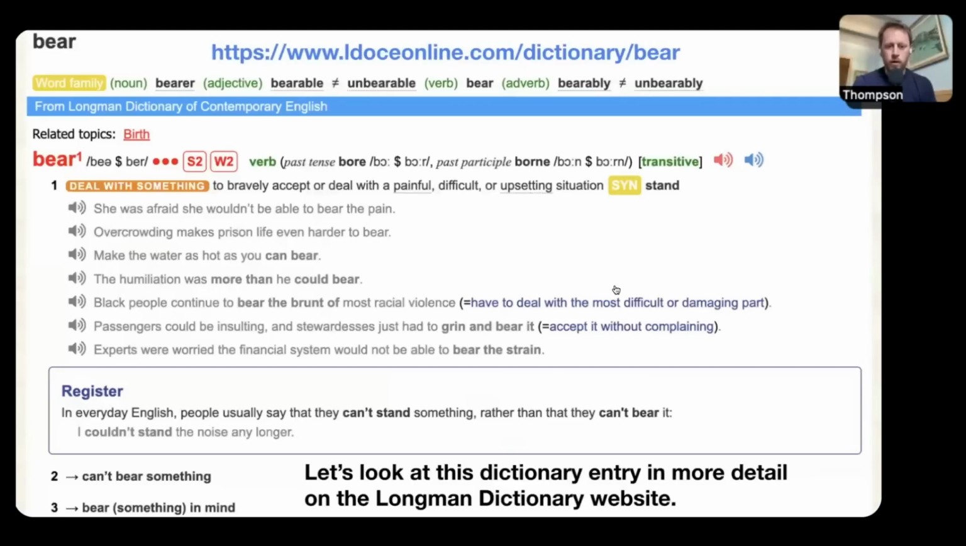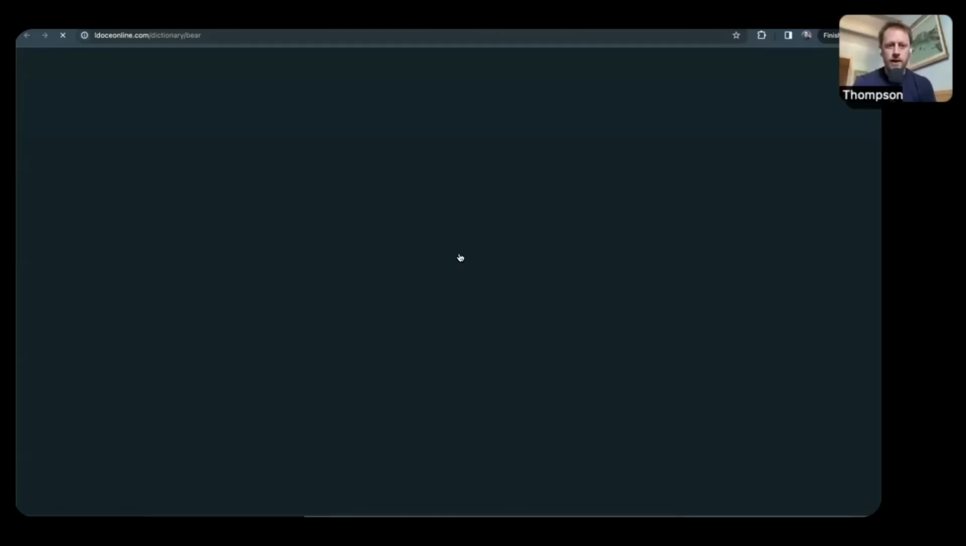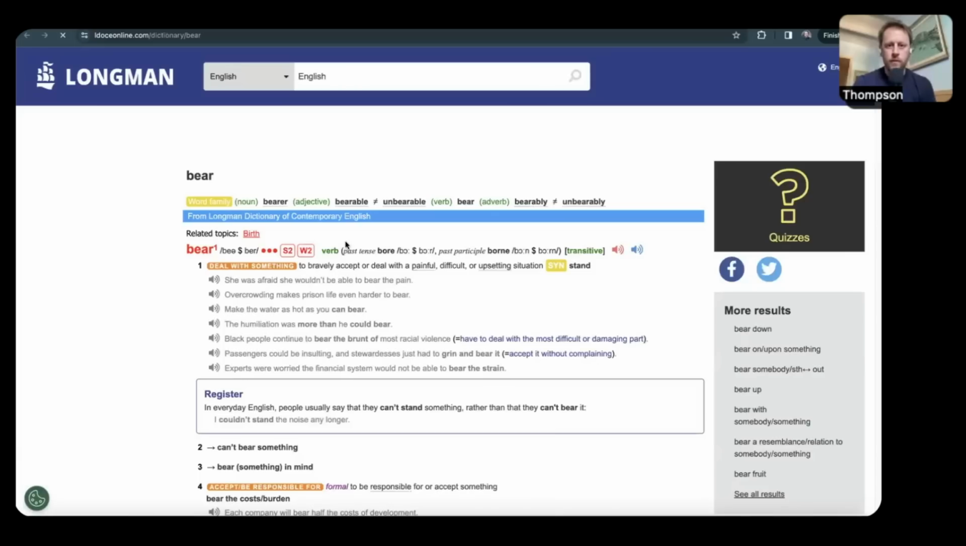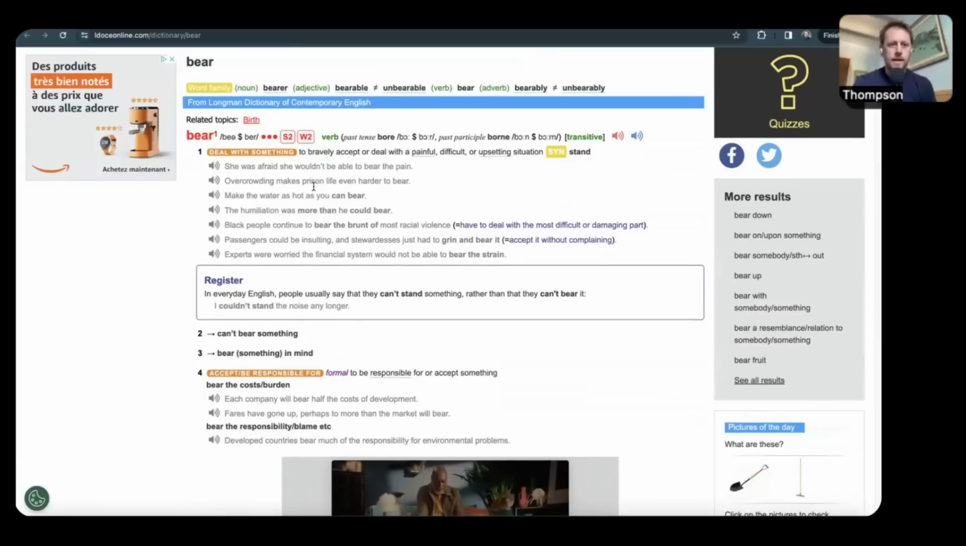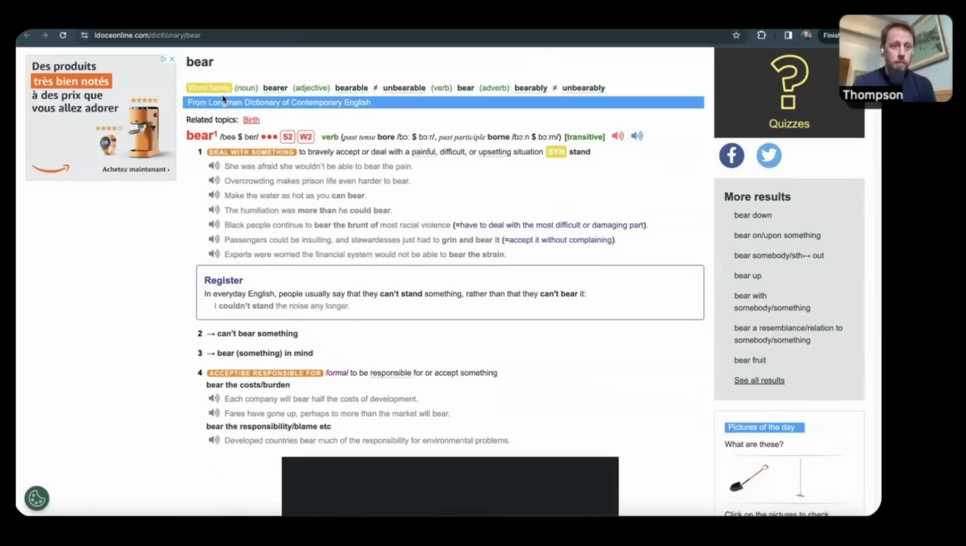In fact, it's probably worth looking at the dictionary entry in more detail if we actually have a look at the website page for that on the dictionary website. We can see the word family across the top. Okay, we have the noun, a bearer, someone who carries something. The adjective bearable or unbearable. The verb to bear, the adverb bearably or unbearably, which you might have heard. It was, for example, Luke's presentation was unbearably what? Hopefully not unbearably boring, but unbearably exciting. I just couldn't contain myself. Then